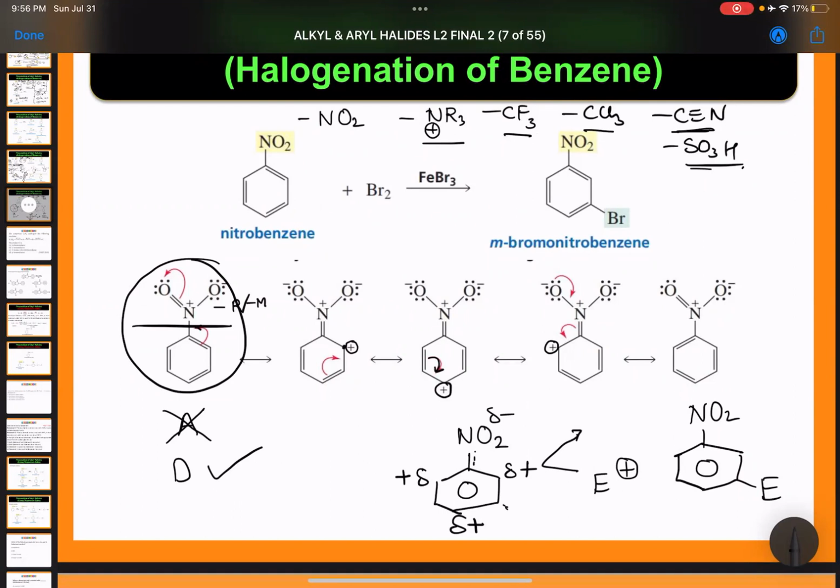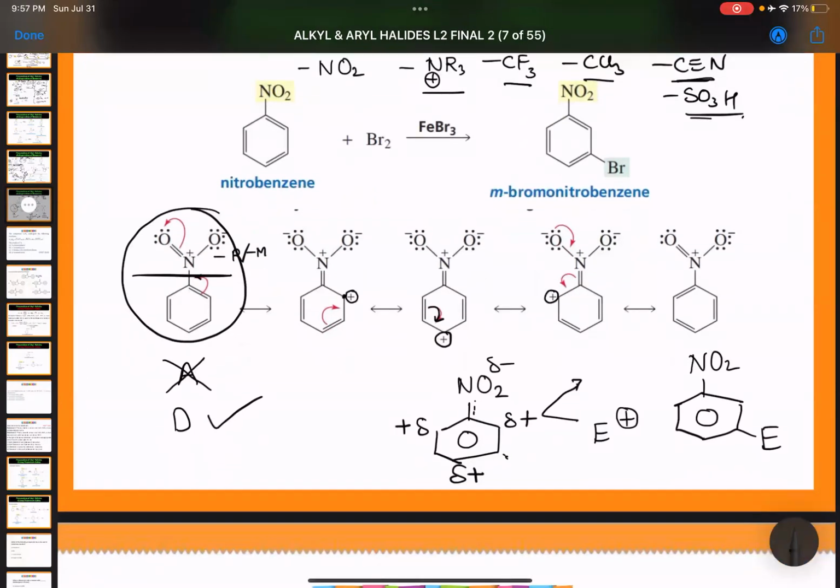Okay. And let me tell you the actual fact. Nitrobenzene will react a million times slower than benzene towards electrophilic aromatic substitution. Okay, so it is a very slow reaction. But